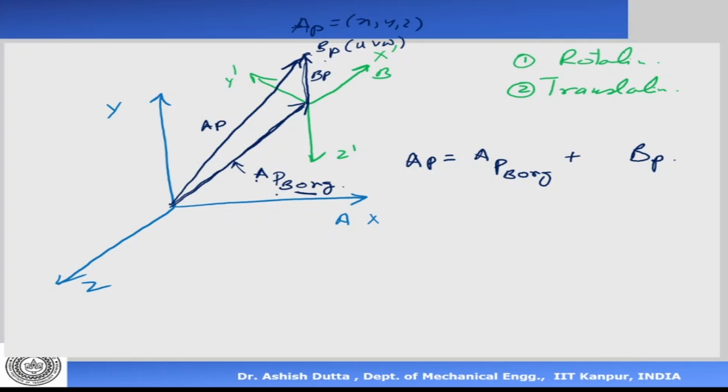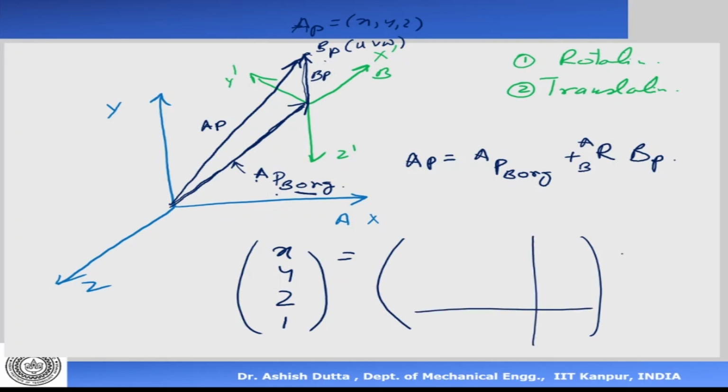Now if you want to align frame A and frame B together, you have to put a rotation matrix here. If I put a rotation matrix here, frame B will get aligned with frame A. Now you can add the vectors. So now if I write in matrix form, what was AP? It was X, Y, Z, and 1, and this is equal to